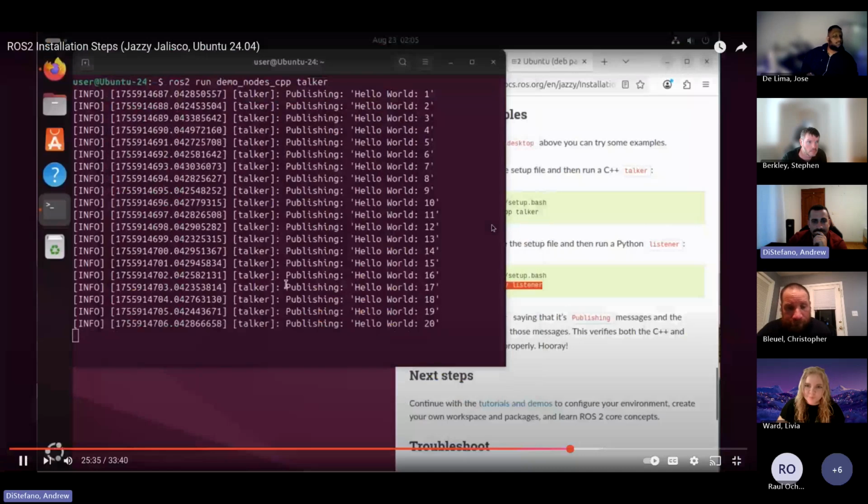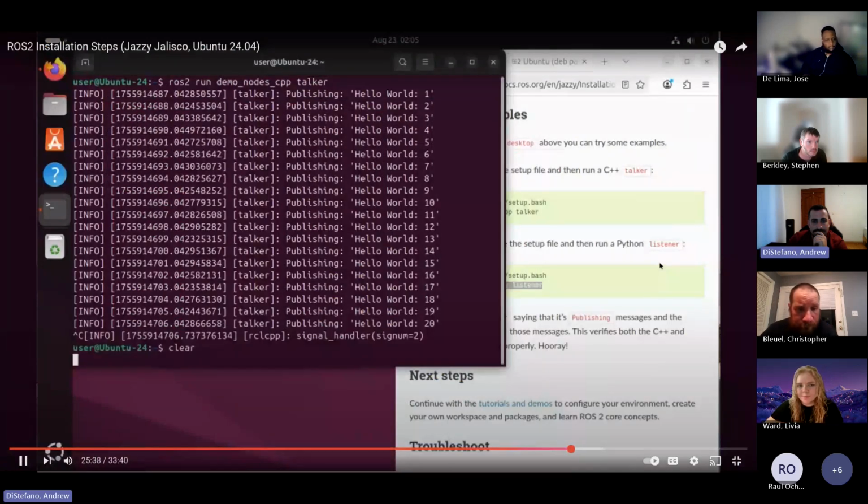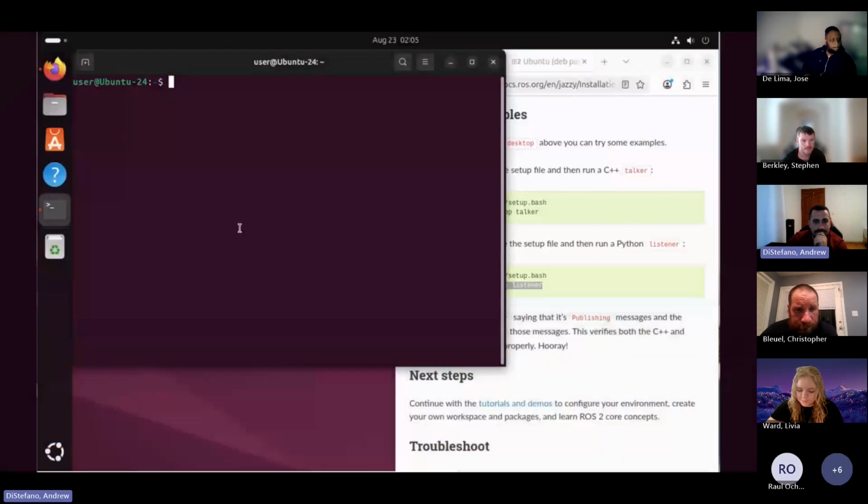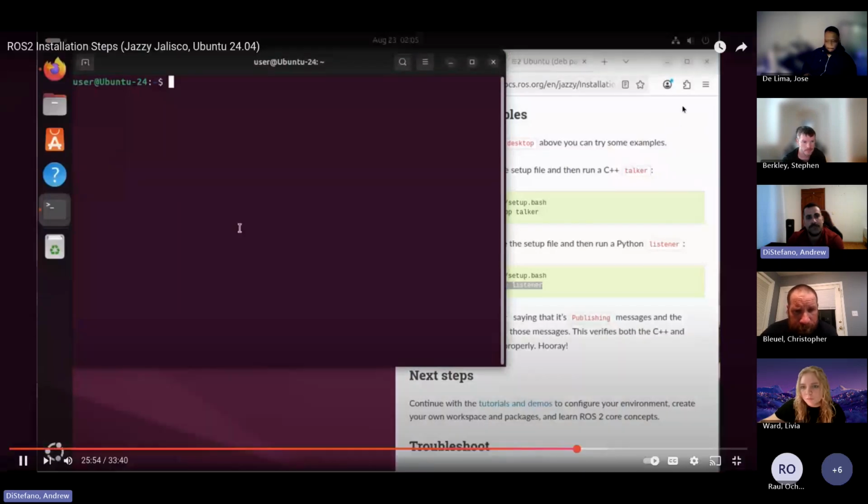All right, so real quick, now what we're going to do is test RViz, which is that visualization tool for your robotic platforms, by running just a simple command. This should already be installed, so we're just going to make sure that it's installed. We're going to run RViz through ROS. So we're going to type in ros2 run rviz2,